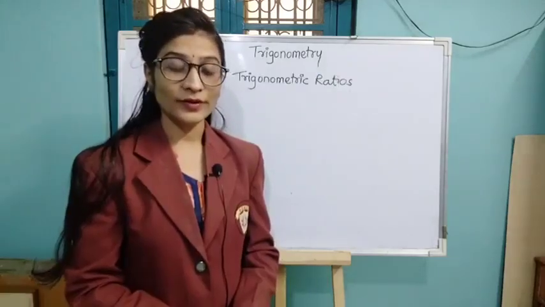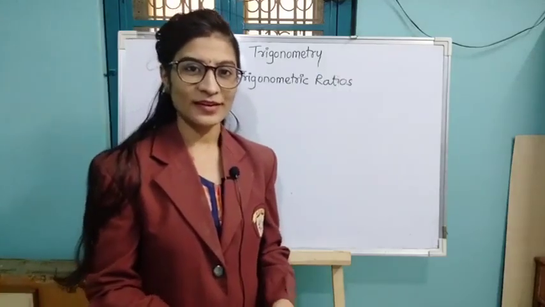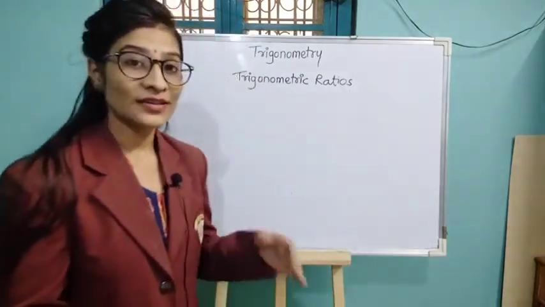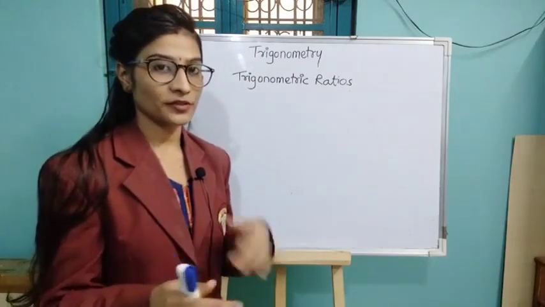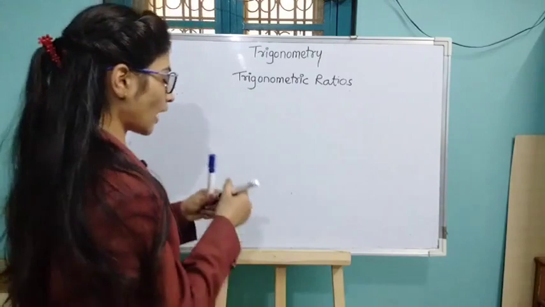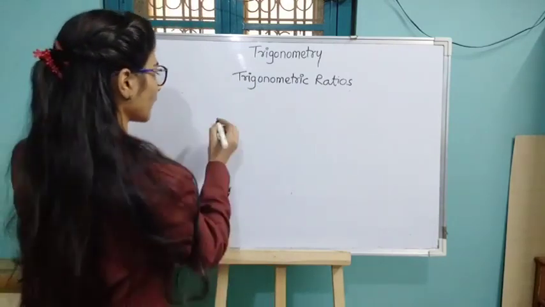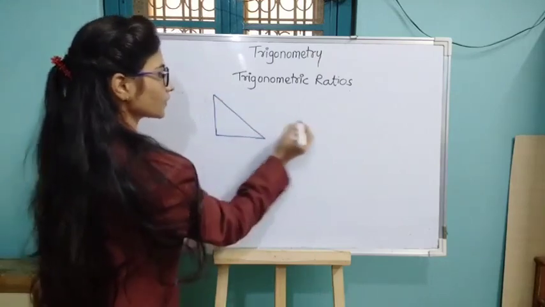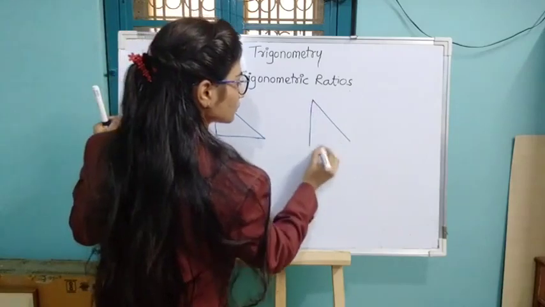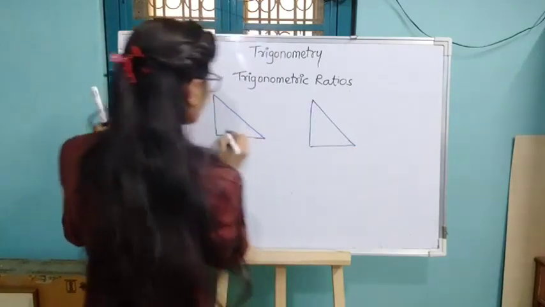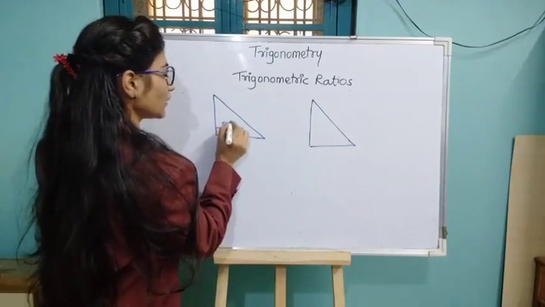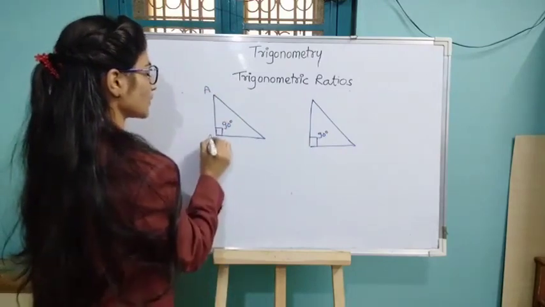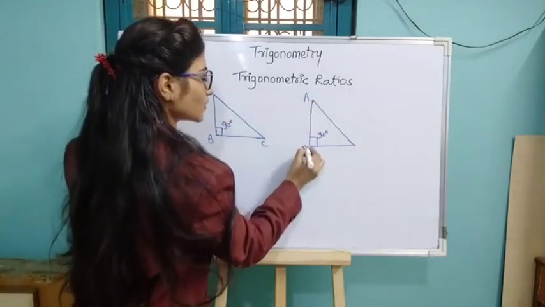Now we will discuss trigonometric ratios. What is meant by trigonometric ratio, and what are the trigonometric ratios that you have learned in a previous video. So what are the particular ratios of the trigonometric functions that we have to learn in this video. Here I am drawing two diagrams, why, I will tell you further. This is a right angle triangle, and this is another right angle triangle. This angle is 90 degrees and this angle is 90 degrees. The name of this triangle is ABC, and the name of this triangle is also ABC.